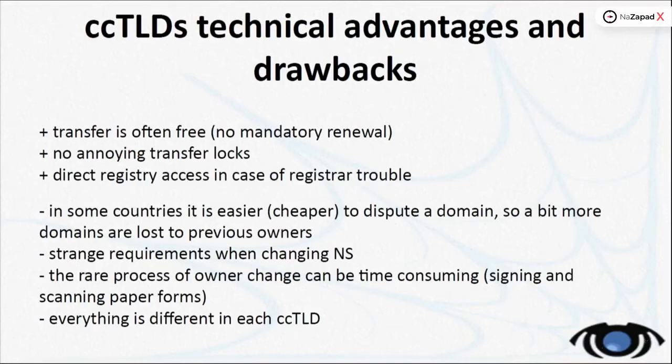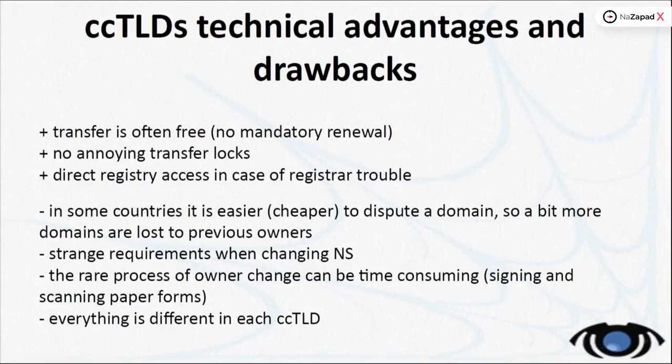Some countries have lower fees and easier dispute system, which you lose a bit more domains, but still we're talking about less than 1% problems here, so don't think that you will lose like a significant portion of your domains. A very common problem that people are very annoyed by is that a lot of countries require, when you change the name servers, to already have a valid zone. So like if I have to translate this to a not so technical language, if you use cPanel, you have to have the add-on domain already added before you change the name servers, otherwise it won't work, it won't accept the name server change. You need to have a valid DNS zone for the domain.